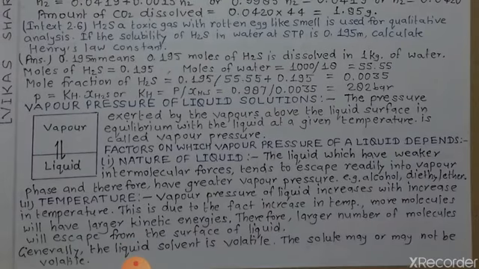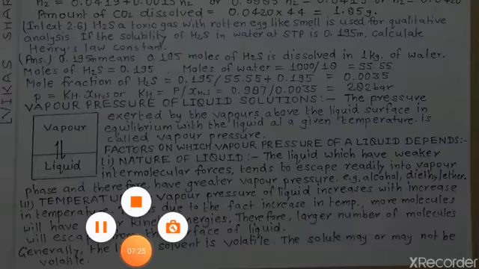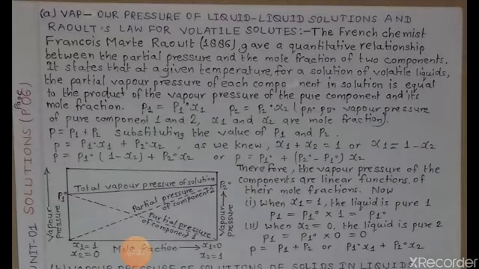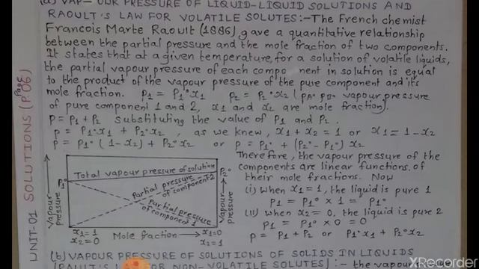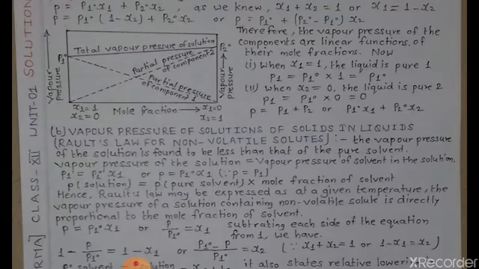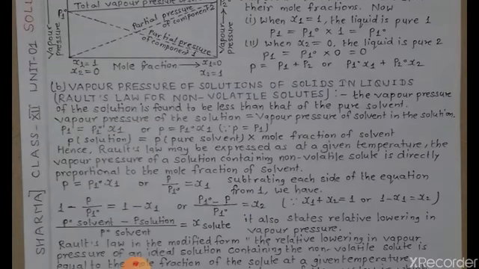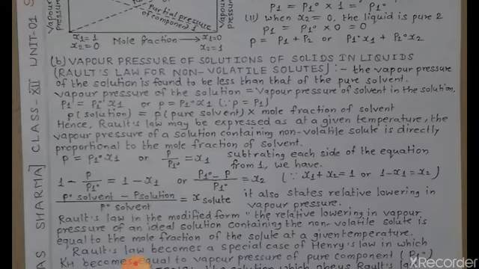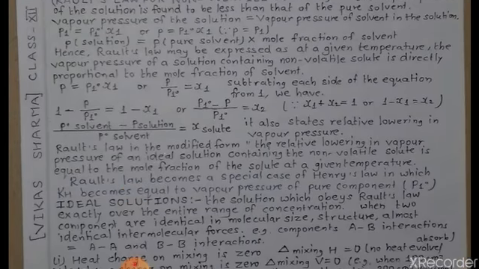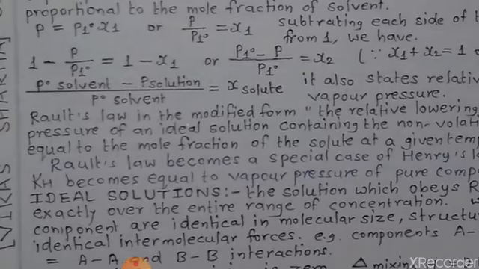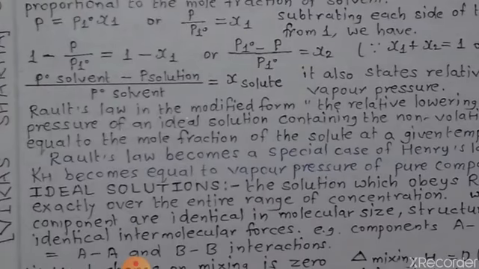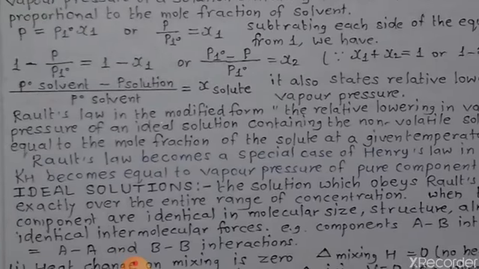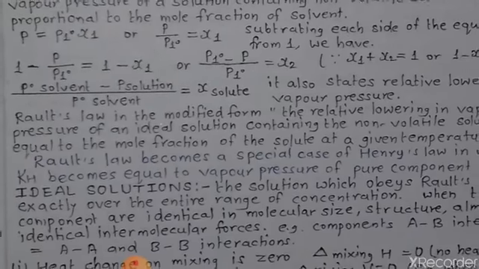Students, now we start Raoult's law for volatile solutes. Scientist Raoult gave a law for the solutes. Mainly, Raoult's law is applicable for non-volatile solutes. The formula is (P naught solvent minus P solution) divided by P naught solvent is equal to X solute. This formula is always included in colligative properties.